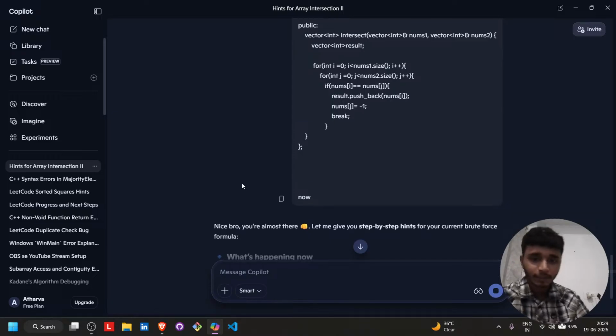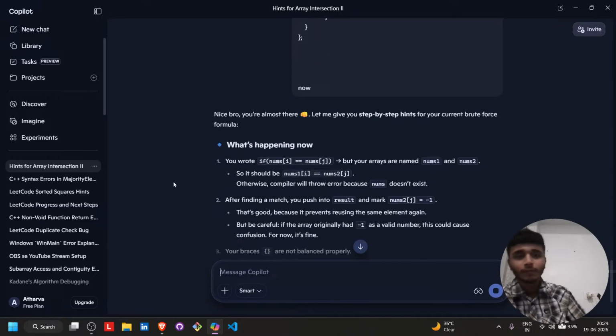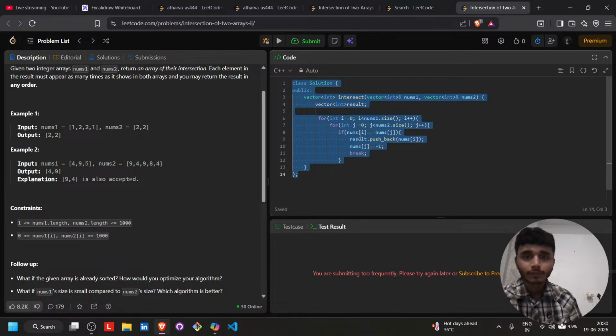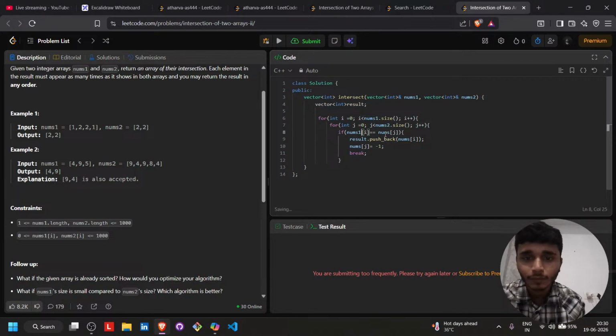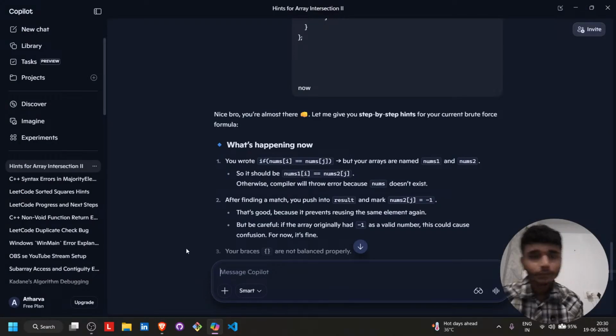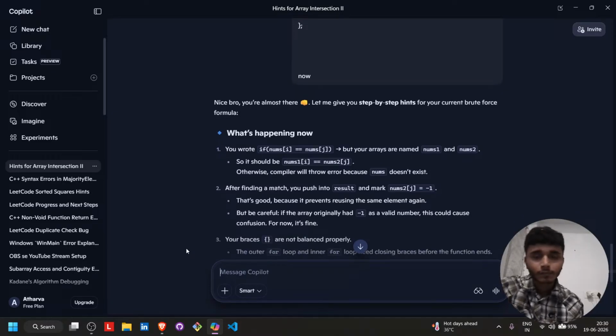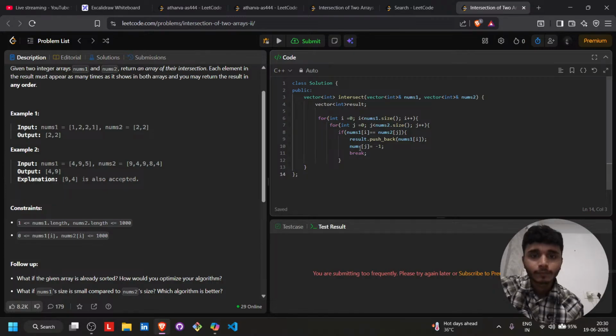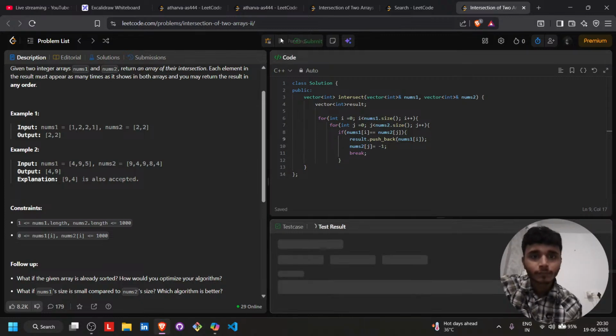Nice, Prithvi, you're almost there. Let me give you step by step from your current brute force. What's happening now? You wrote nums[i], but the parameters are named nums1. Okay, nums1. Yeah, this will now be for nums2. Yeah, we have to set the value of j to minus 1. Okay, if this is right,